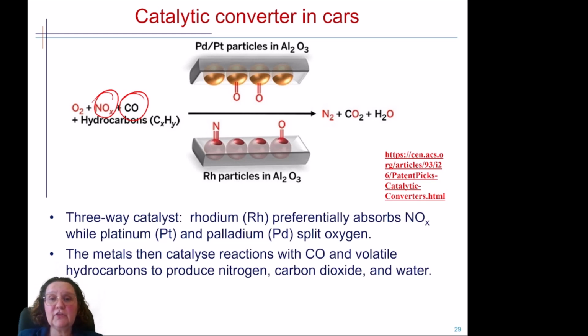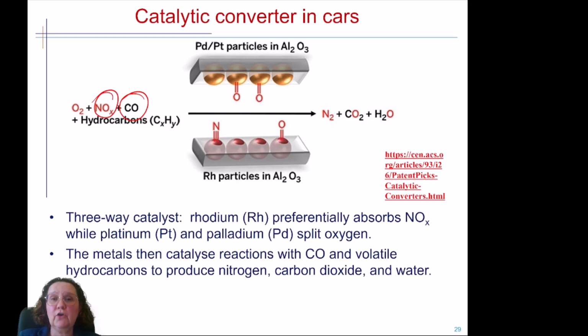So here is an example of a three-way catalyst. You've got rhodium and you've got platinum and palladium. So the rhodium absorbs the nitrogen oxide particles, and the platinum palladium mixture embedded in aluminum oxide